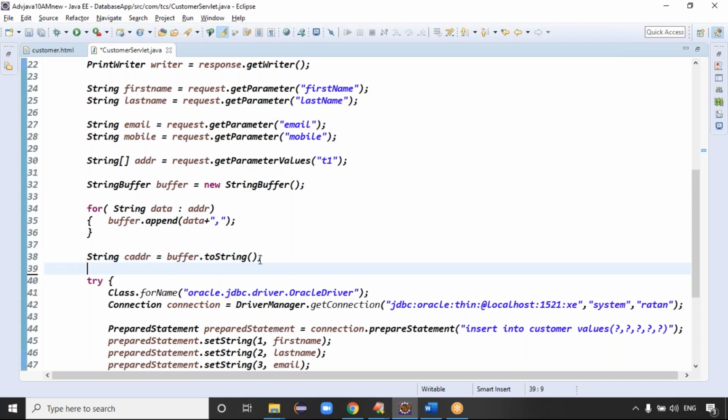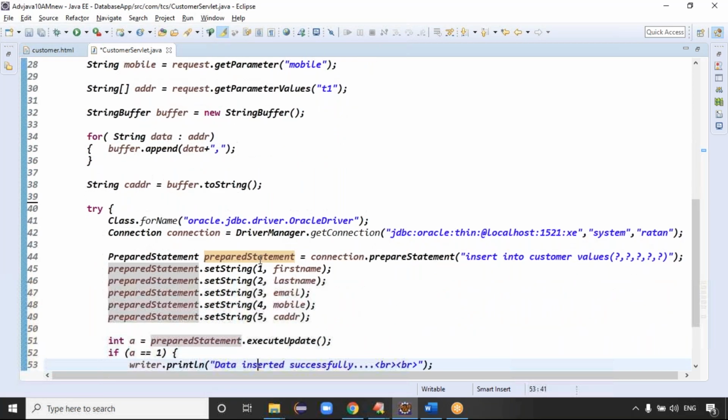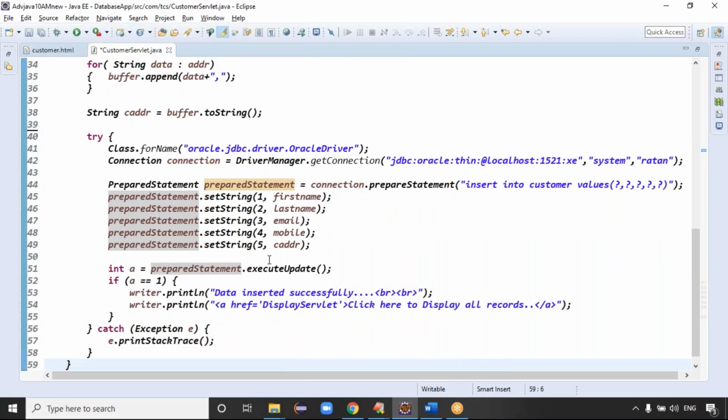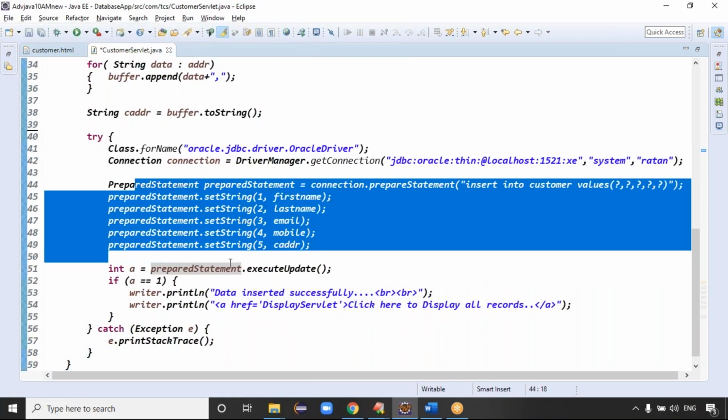Exactly. And then we are creating the connection logic. Guys, here I'm not using any connection pooling concept, I'm just creating normal basic physical connections directly, right? The next one is what? PreparedStatement: insert into customer values, and question marks are there, right? Then you set the data for the question marks and execute the query.